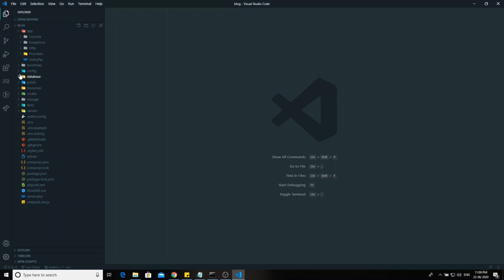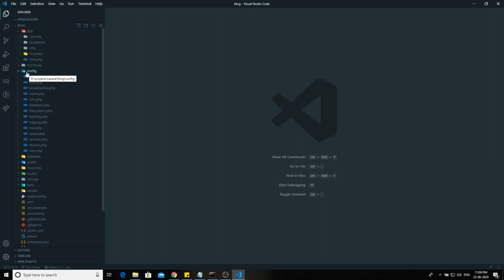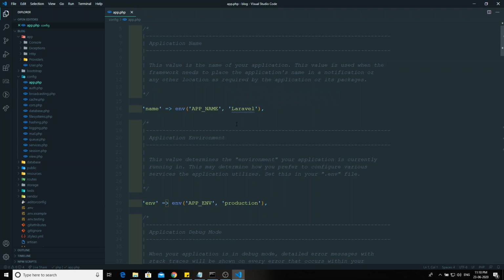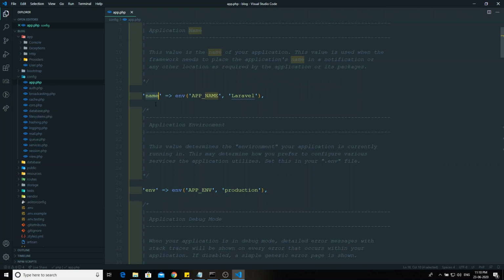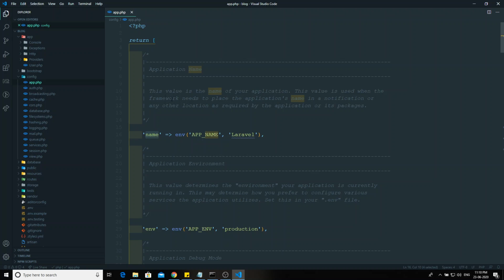Now as we have seen in the first video, all the configuration you will be having in the config folder, as we have learned. Now how to access all this configuration? For example, app.php has the name of the project. Here, for application name, it first tries to access it from the .env variable.